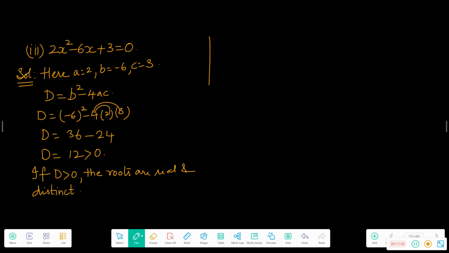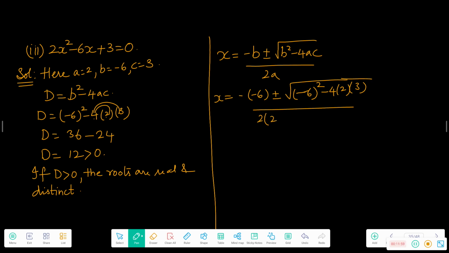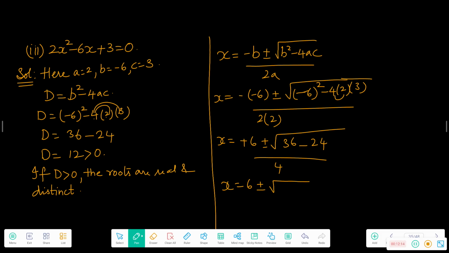So let us find the values of the roots now. X value, the roots value, minus b plus or minus under root of b square minus 4ac by 2a. So minus b is minus of minus 6 plus or minus under root of minus 6 whole square minus 4 into 2 into 3 by 2a. By 2 times a is 2 times 2. So x is equal to plus 6 plus or minus root 36 minus 4 2s are 8, 8 3s are 24 by 4. So x is equal to 6 plus or minus 36 minus 24. So 36 minus 24 is 12,